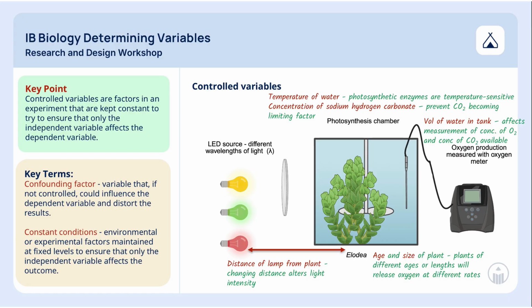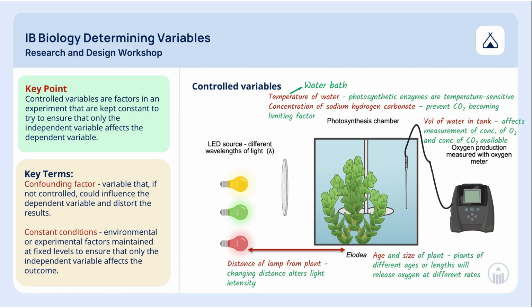For each one, you must specify exactly what it is, how you will keep it constant, the practical method or procedure, and why it needs to be controlled, i.e., what effect it would have on the dependent variable if it changed. It is not enough to simply list pH or volume. You must state the explicit method used to control each variable and give a brief justification that links it to